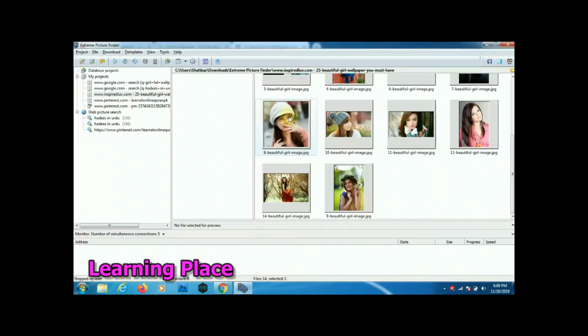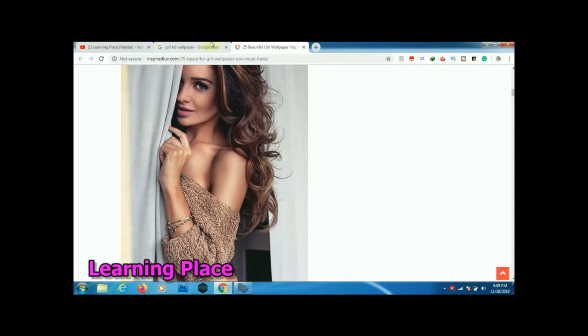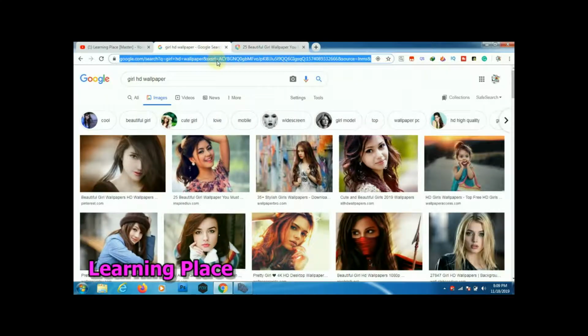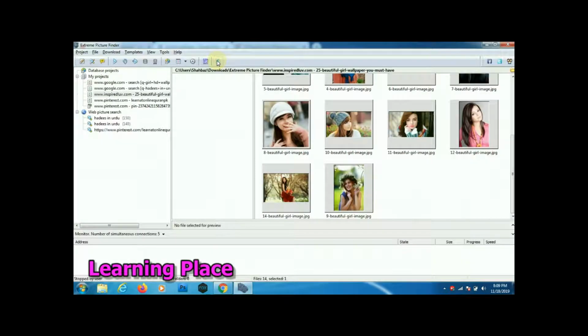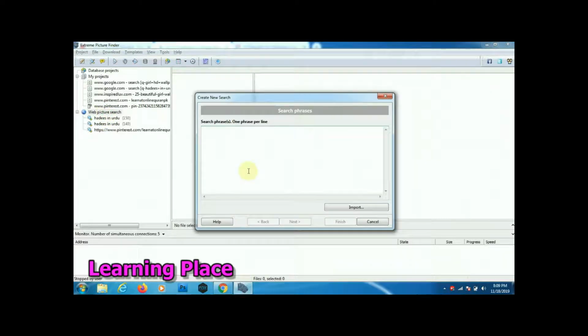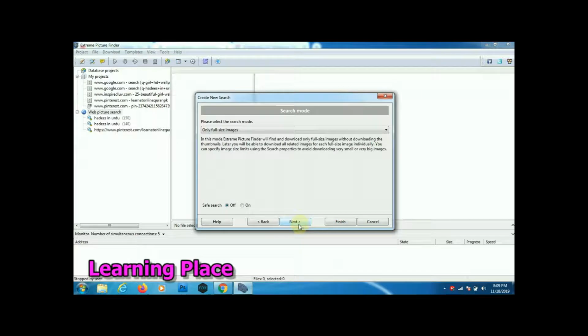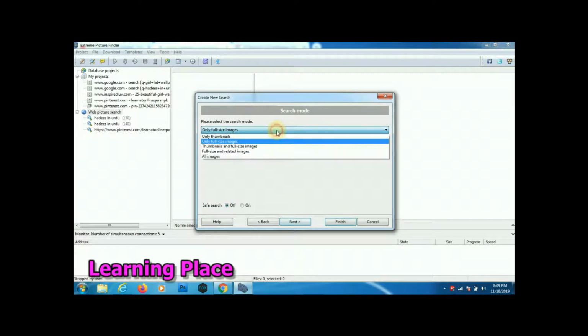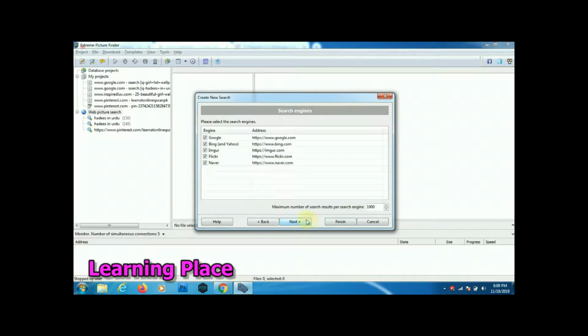But in this video the main reason is to copy this and go to web search and paste. No URL is required. So full image size, thumbnail size, any image size, so all images, and then click on next.